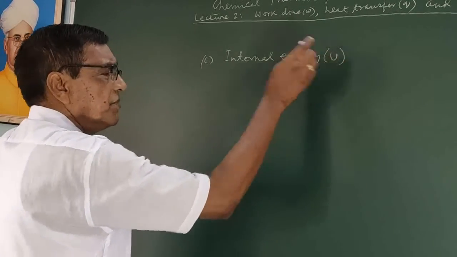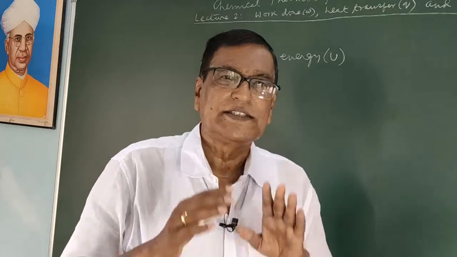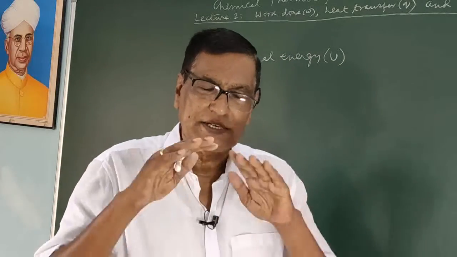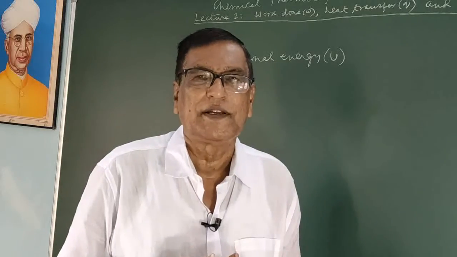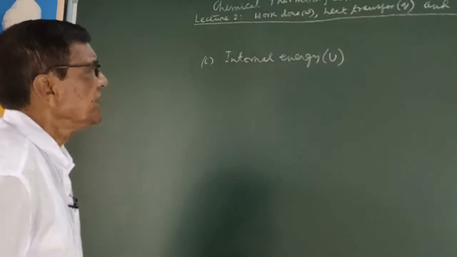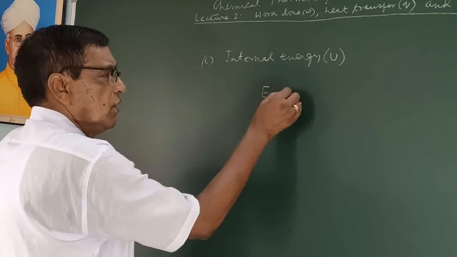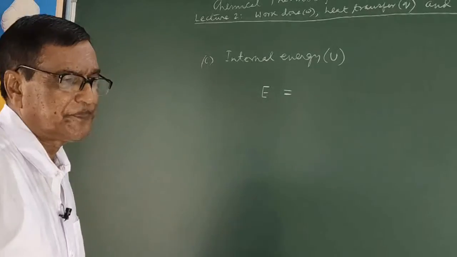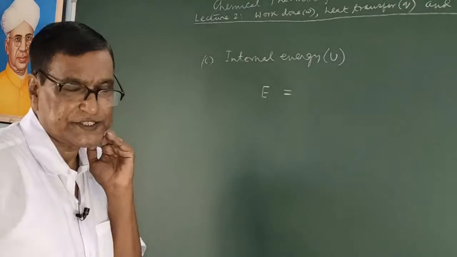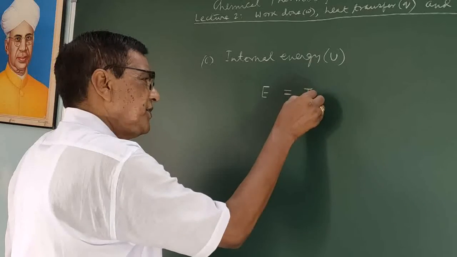And it is denoted by U. Internal energy is a specific property, a definite property of the system itself. And the total energy of a body or the matter in the system is equal to